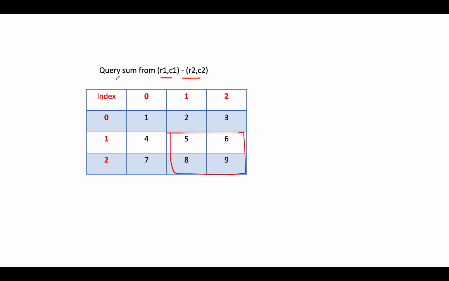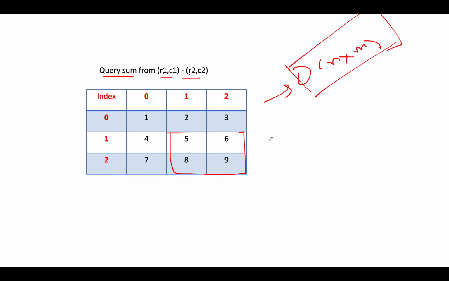So the naive approach that comes to your mind is that you create a copy of the complete matrix and store it in some 2D array, and then whenever there is a query sum request starting from R1 C1 to R2 C2, you calculate that information at runtime. But this is not an optimized approach, because every time you'll start moving from R1 to R2 and C1 to C2. So the complexity of a query sum would be order of n into m, because you're moving from R1 to R2 and from C1 to C2 on every query request.